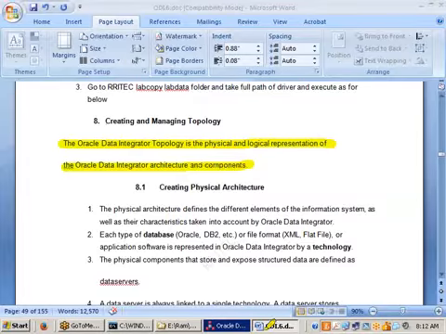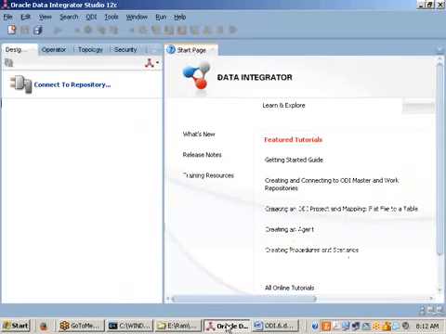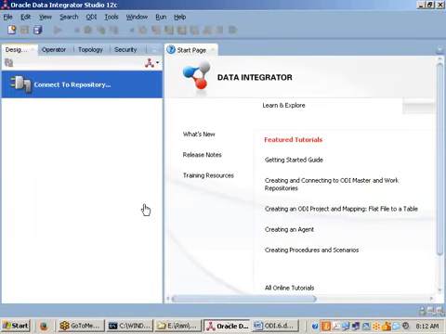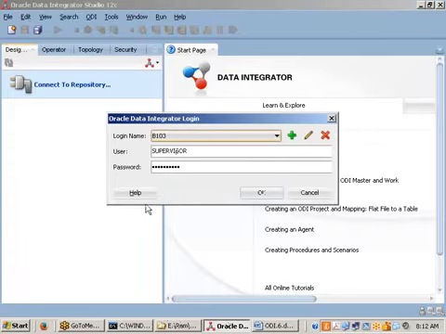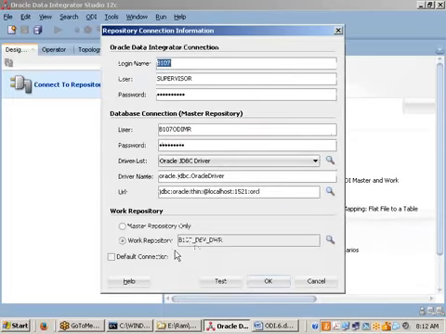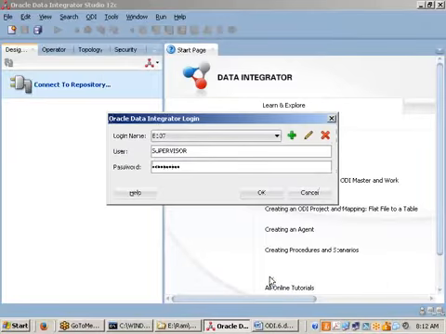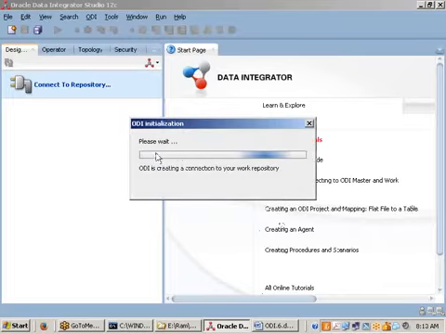Let us say I am opening our ODI, this is what I have opened. Now I am trying to connect to the repository. Click on connect to the repository. What is the connection you created last class? B107. This is the connection you created. Click on the supervisor and supervisor. Here, what is the repository you are connecting? Work repository. Click on OK. Now we can observe we got B107. It is trying to connect. Once it is connected,